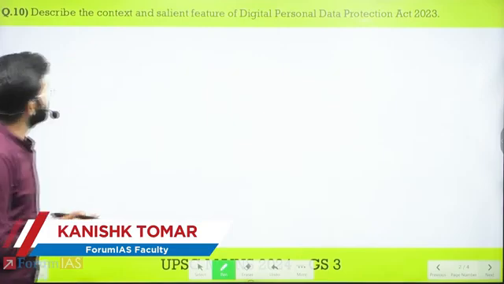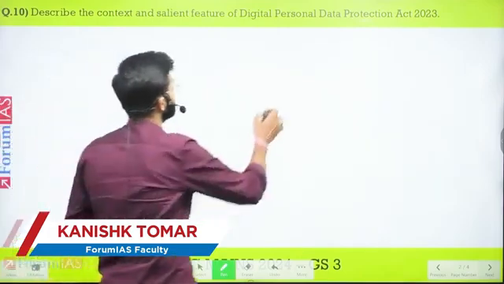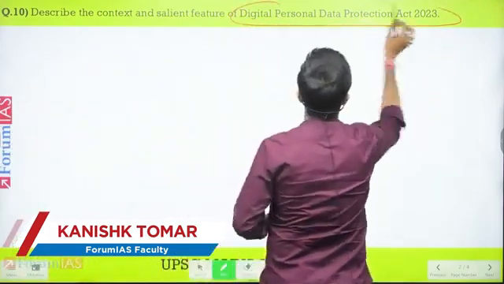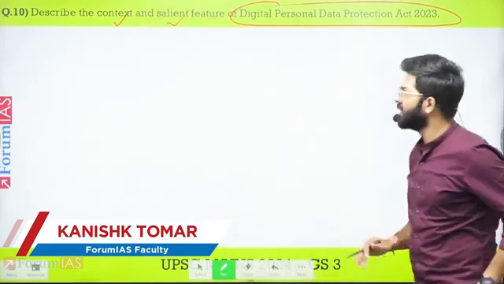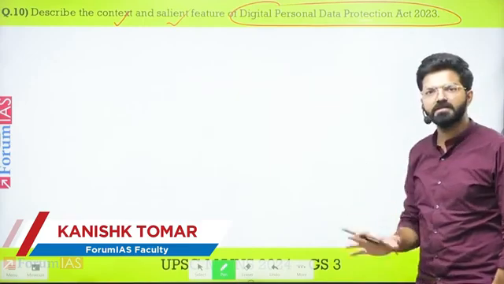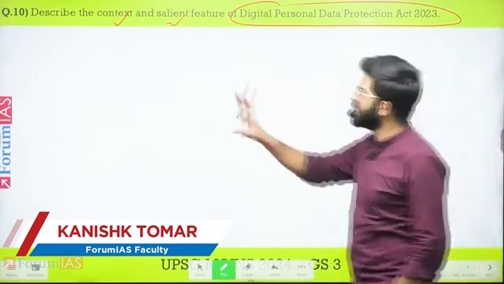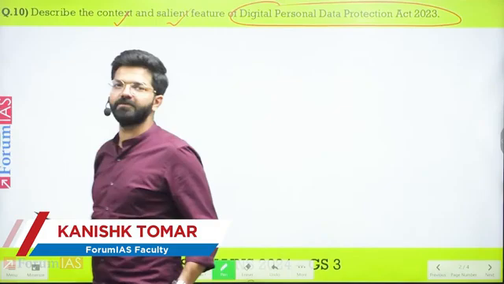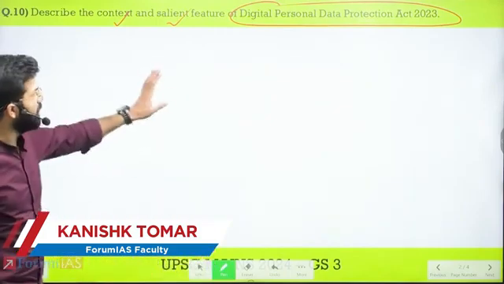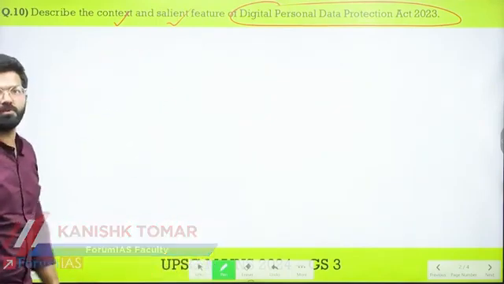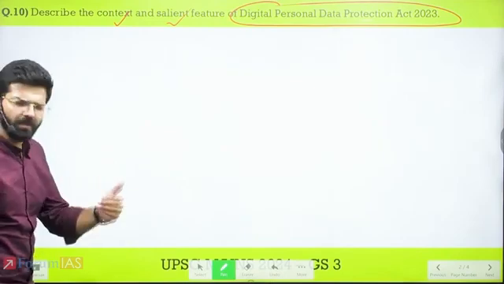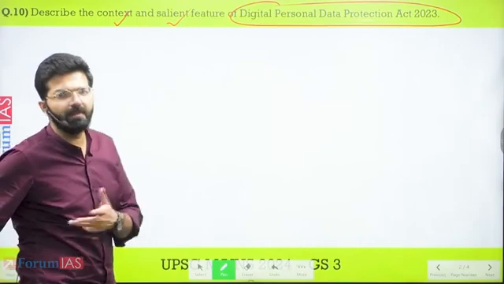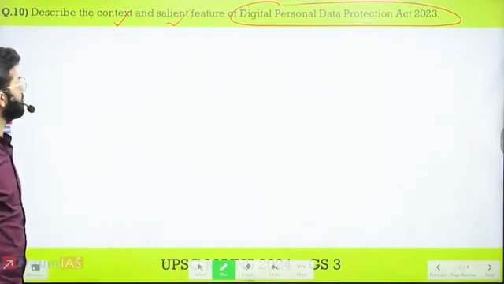Then we are talking about the Digital Personal Data Protection Act 2023. What is the context and what are the salient features? And again, it is not asking about a lot of criticism, a lot of way forward, etc. It is majorly about context and salient features. Yes, if you are getting into the salient features, you wouldn't have the space and the time to get into